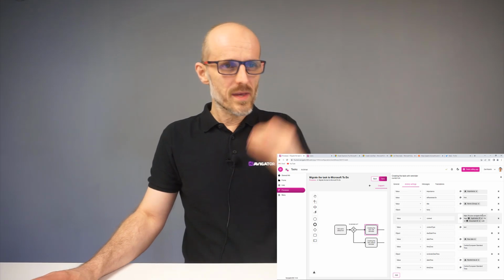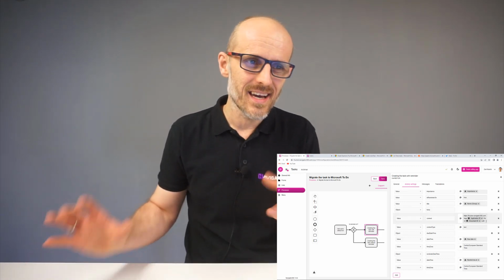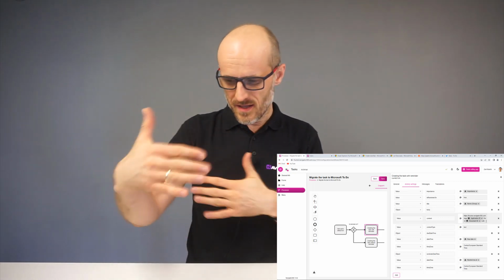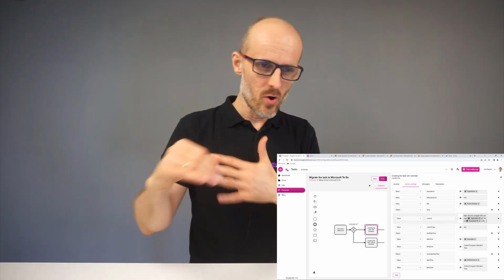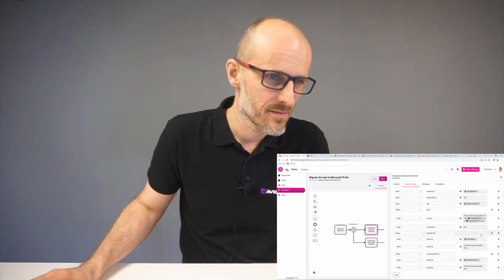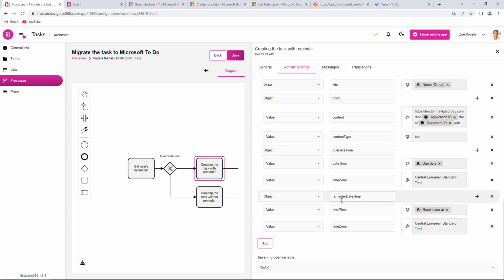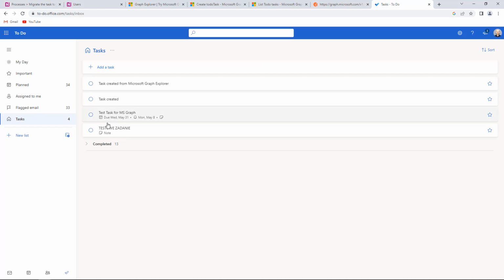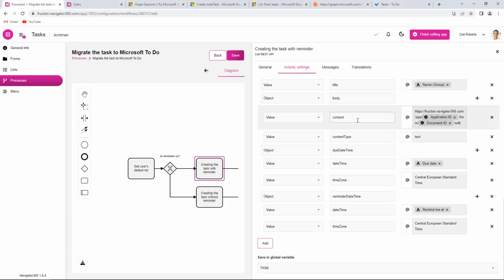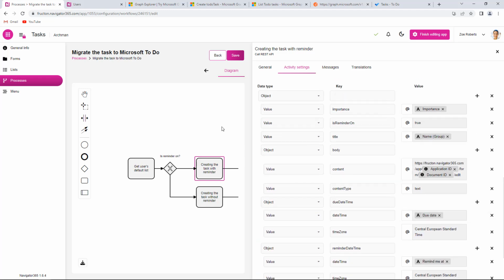As a content, what we have added is basically a link to our system task. So in the content you can very quickly go through the link to NAVIGATOR365, and also we have added a due date when it should be done, and a reminder date when we want a reminder to be on in tasks to do. For example, in here we have a reminder Monday, the 8th, right? So this is how we have created this step in a workflow, and I will show you one more